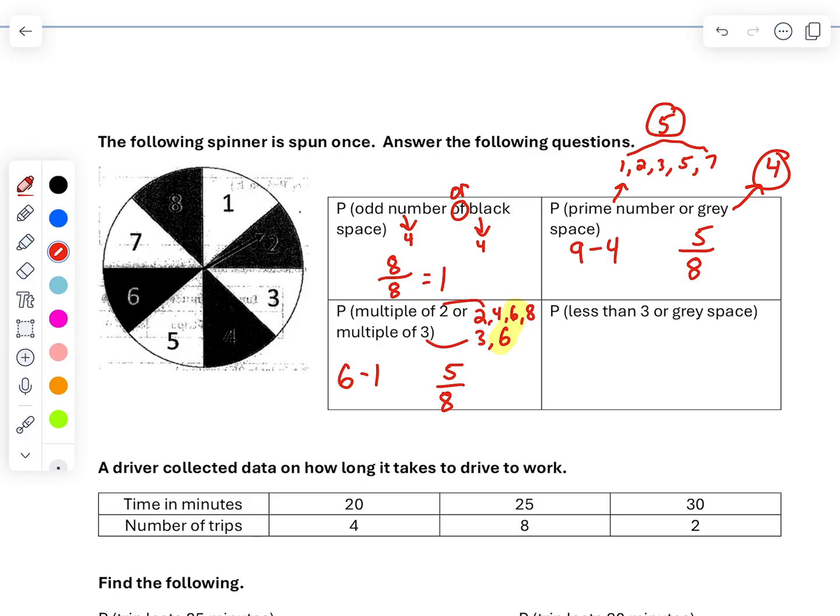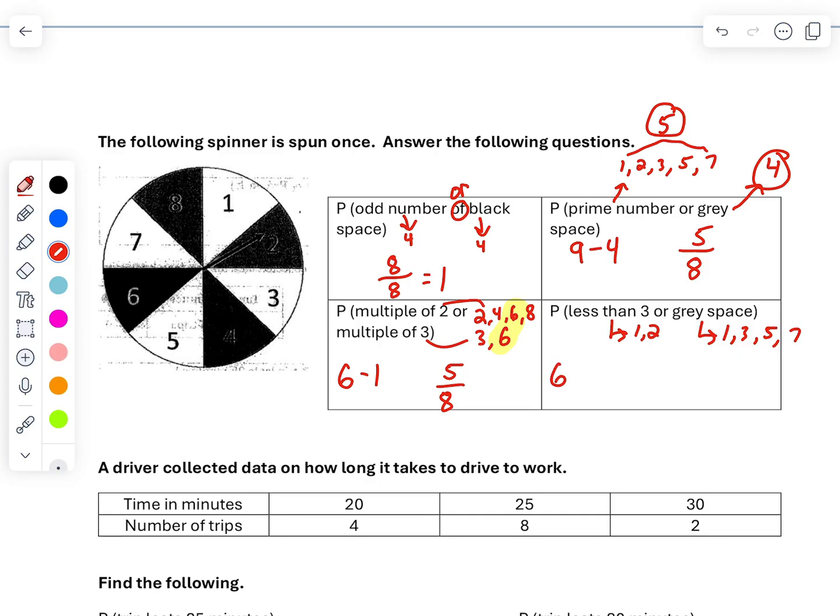Okay, and last, it says the probability of less than 3 or a gray space. So less than 3, we have 1 or 2. And then a gray space, again, it's a white space here, it looks like. But there are, it's 1, 3, 5, and 7. So we have 6 total